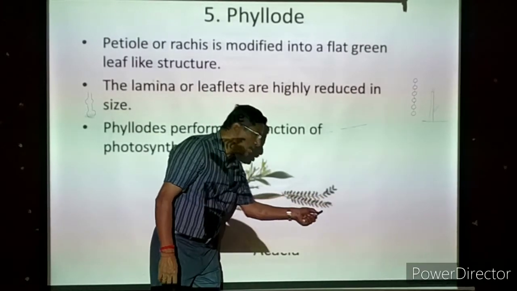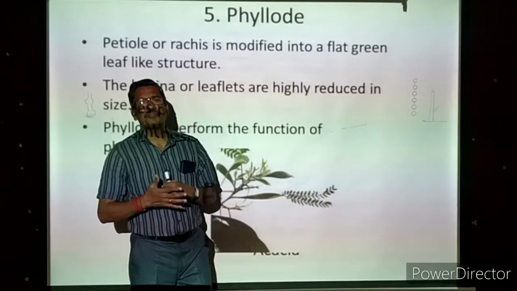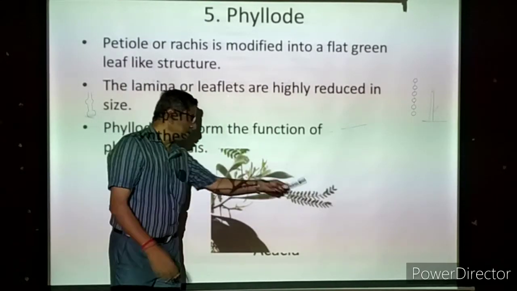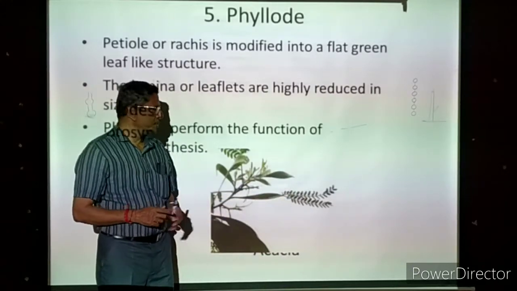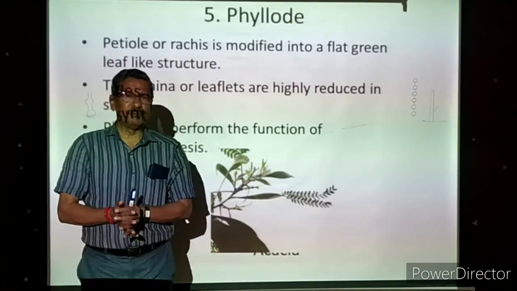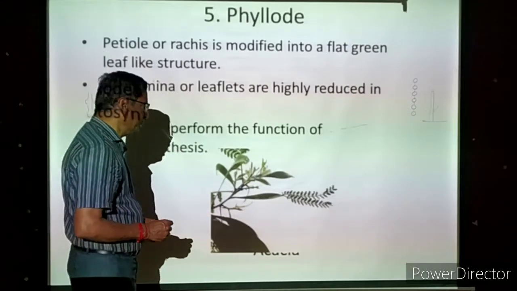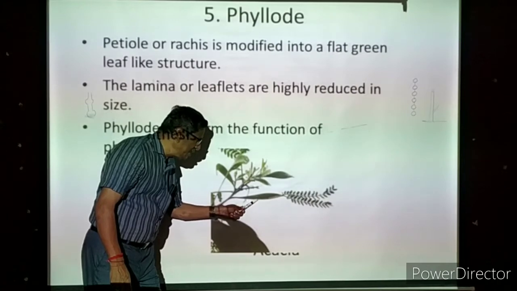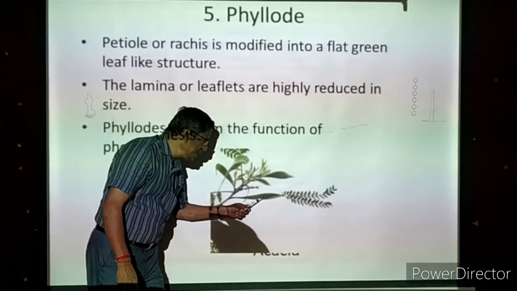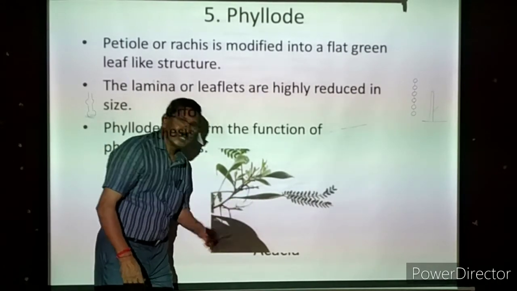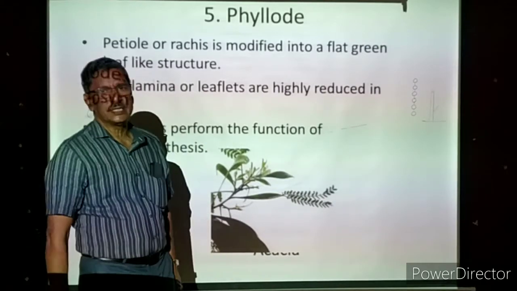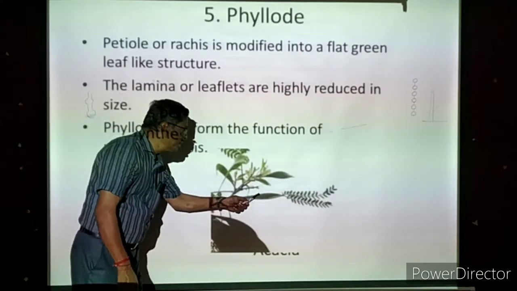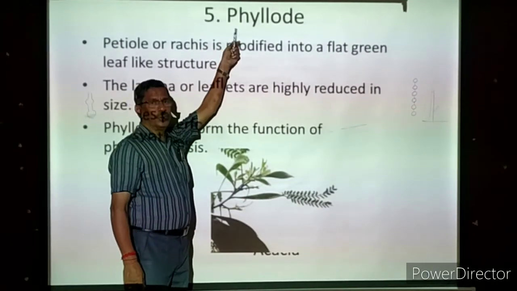So the small leaflets, whatever the number may be, cannot prepare sufficient food for the whole plant. Many will be there, but it is not possible. So they can prepare only 50% or 60% of the needed food. So the plant will become very weak. But the petiole of every leaf is very long, green and flattened. So the petiole is performing the function of photosynthesis. If the petiole is green, flattened and performing photosynthesis, it is called a phyllode.